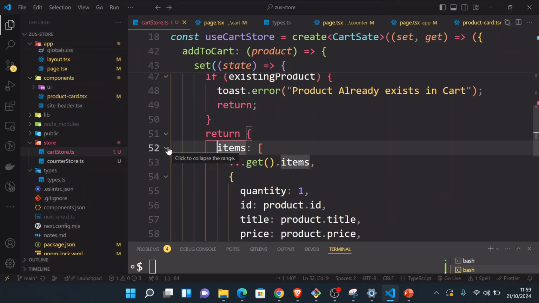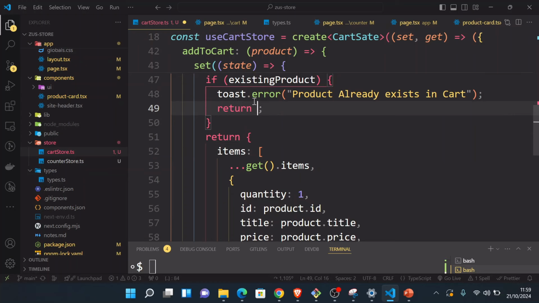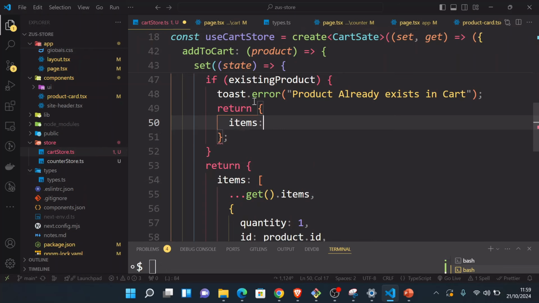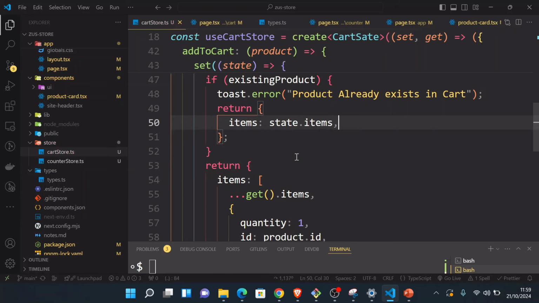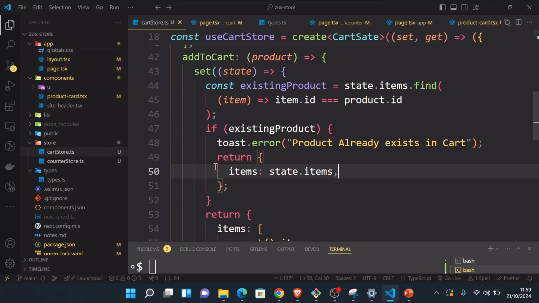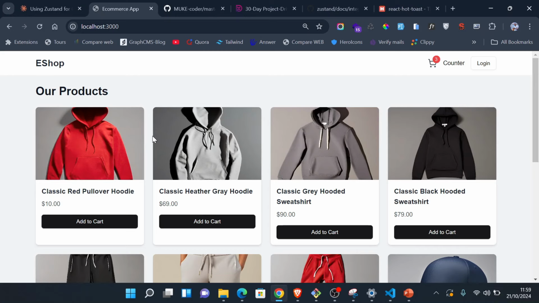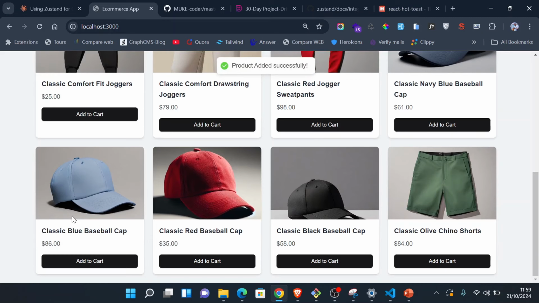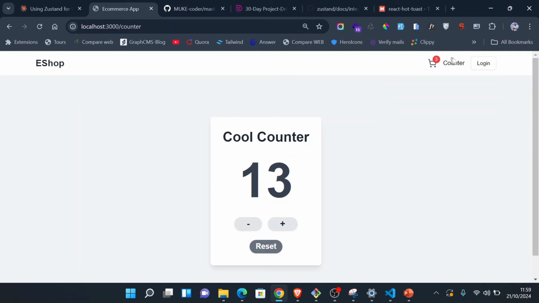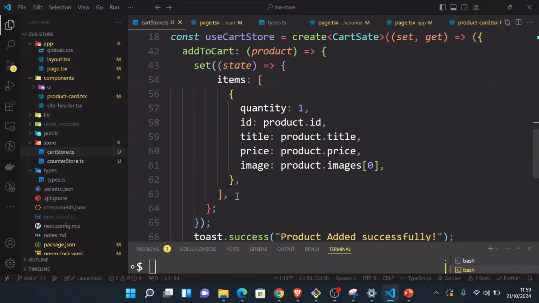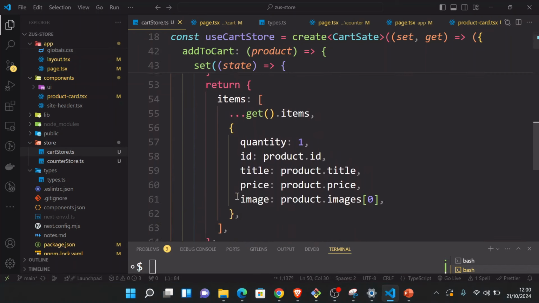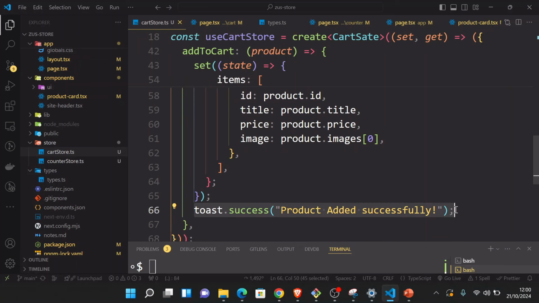we have first of all, I guess, to return the state.items. So I'm just going to say return here items to be state.items. It doesn't do anything, just returns those actual items, doesn't add anything else. Okay, let's do one more time, add, so it enters there. Add the second time, it seems like it also added the thing. Sorry, just go to the cart. Oh, it didn't actually add this time. So it added it once, and I don't know why this one is also